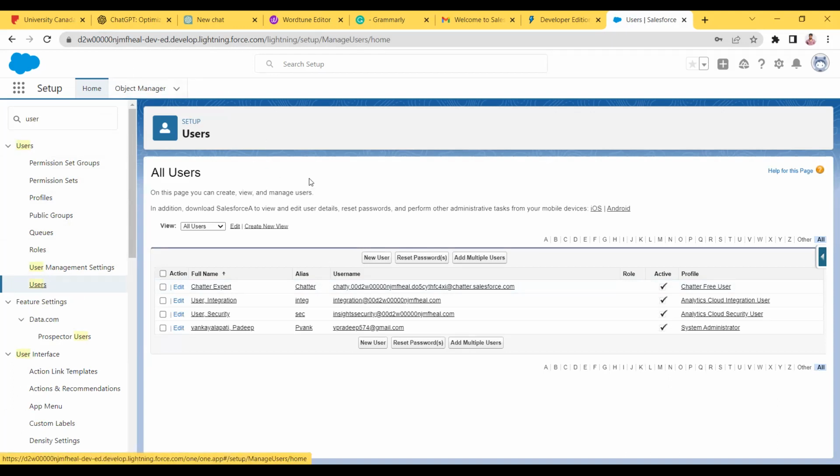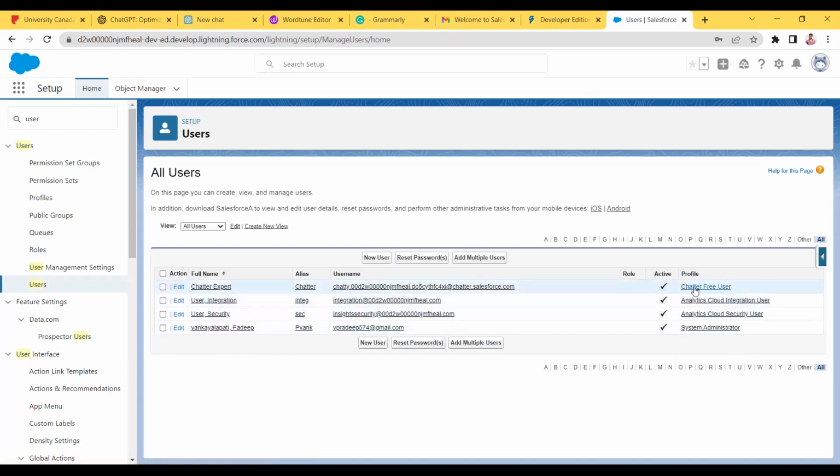Right now, the access for this org is available to Pradeep, who is the Salesforce admin, who is managing this complete org. As you can see, the profile is system admin, which we will be learning in the next step. So this user, Pradeep, is the Salesforce admin, who can manage this complete org. He's a super user, as simple as that. Other three users are also created by Salesforce, but those are read-only users. When I say read-only, they are not admin.